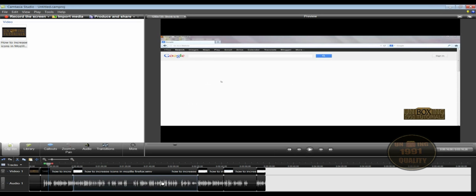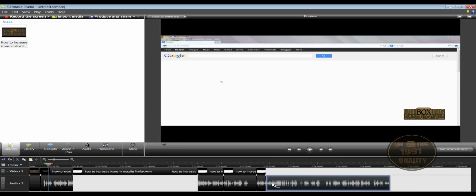And now if you want to select an audio, as you can see, you're selecting just the audio and not the video. And if you want to move just the audio, you can select it and now grab it and move it away. And as you can see, you have moved just the audio. With this function, you have basically unlinked all